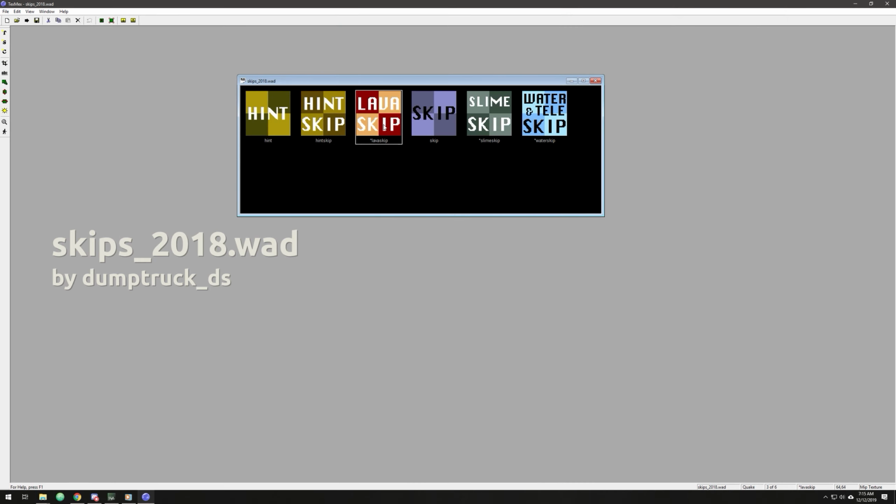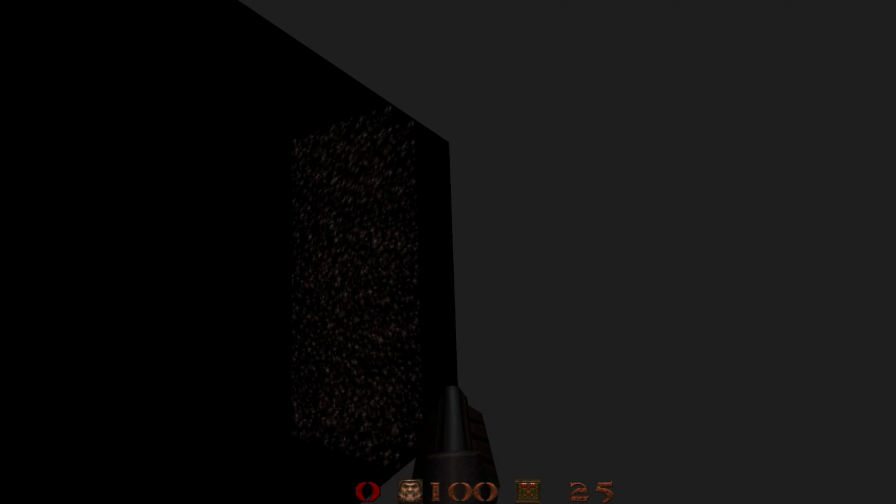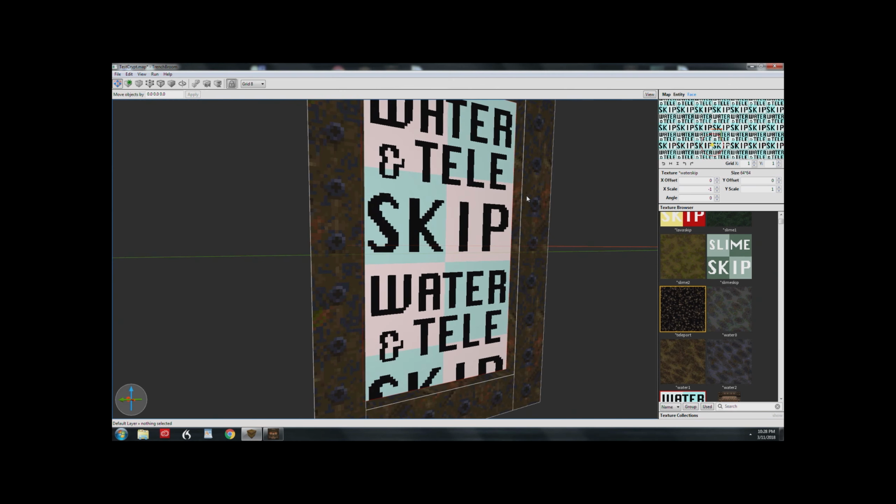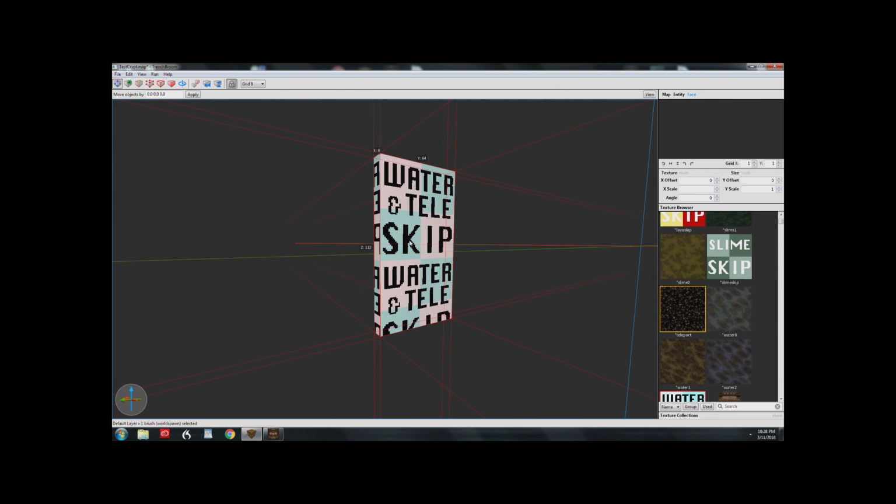The next WAD is a simple collection of skip textures I made back in 2018. Now, Prototype WAD does have these already, but if you just need skips, it's quite handy to load up this small WAD instead of having to use the entire Prototype WAD. I've covered skips in some of my other videos, but one example of using skip is on teleporters. If you texture a teleporter on all sides with the teleport texture, and a person playing your map has their alpha setting lower than 1, you can get this double vision effect. Using skip on all the sides except one will eliminate this problem.